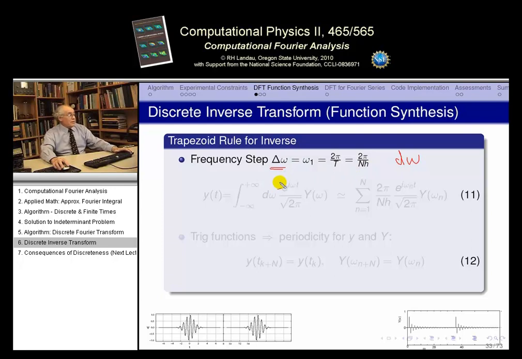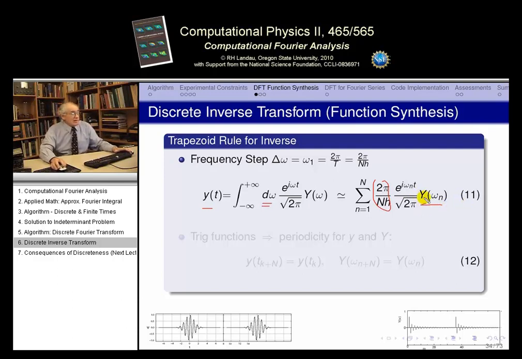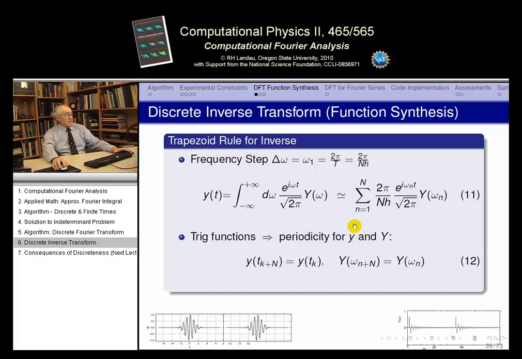So when we evaluate the integral here, we have d omega, I'm sorry, that's going to be replaced by 2 pi over N h, which is right here. Aha. Okay. And we have e to the i omega t, that stays the same. Everything else stays the same. And we have here omega sub n. There's a 1 over h, or an h times y sub n, which will come in and wipe that out, as you'll see. But even now you can see, before we write down the final expression,